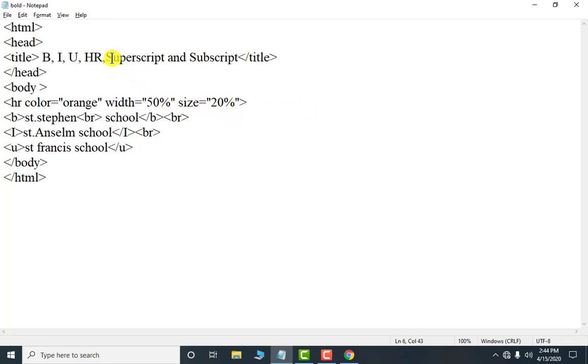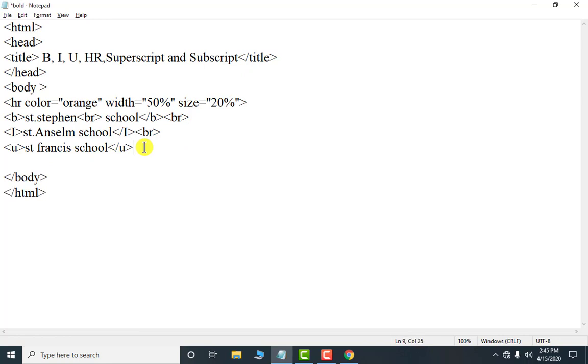Now, how to use superscript and subscript? Again, I am reminding you, in our Word and Excel also we have these things. Superscript, I think in your maths you write x square plus y square. So whenever you put that 2 as a power, that is called superscript. And in your chemistry, if you write H2SO4 or H2O, when you put your 2 at the base, that is called subscript.